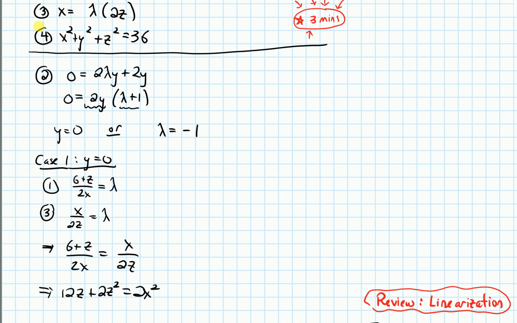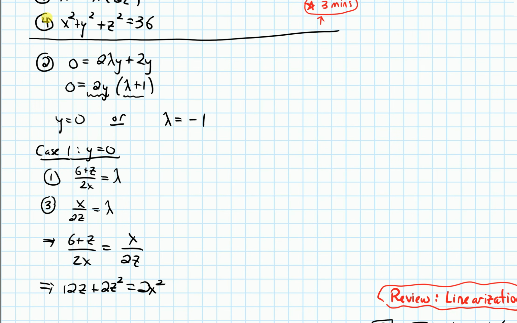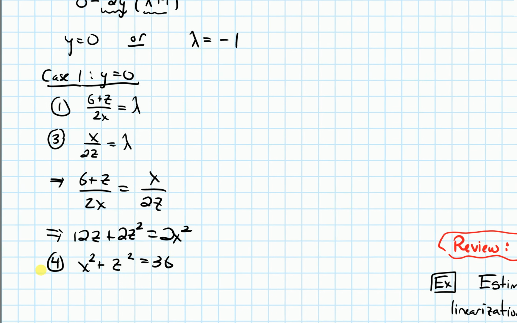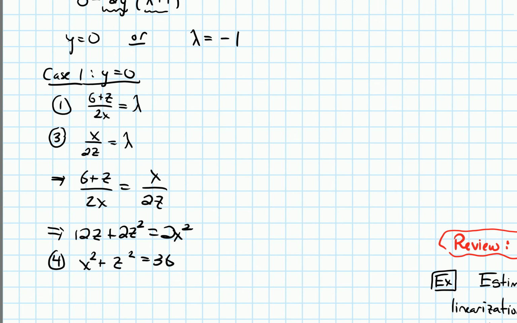So I haven't worked with equation 4 at all. Let's plug y equals 0 into equation 4. So if we do that, equation 4 becomes x squared plus z squared equals 36. Now what I can do is isolate one of the variables here. For example, x squared equals 36 minus z squared. And if we take that and substitute into this equation above it, we will get